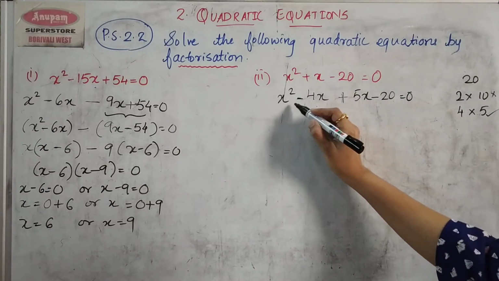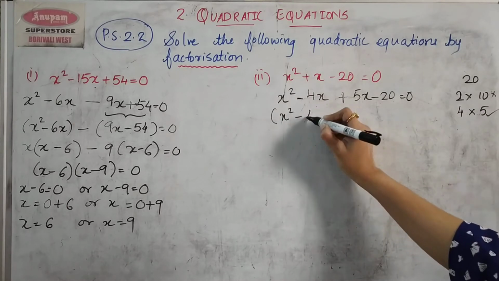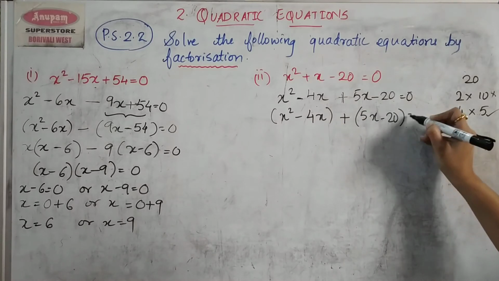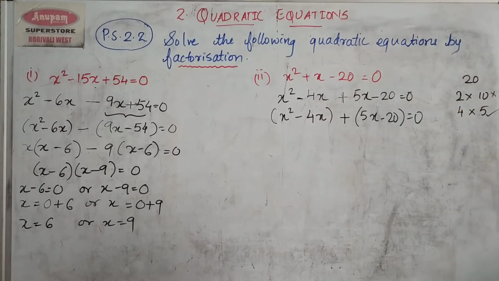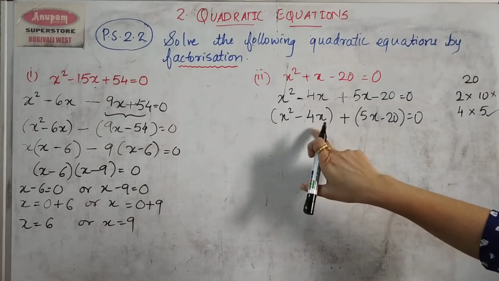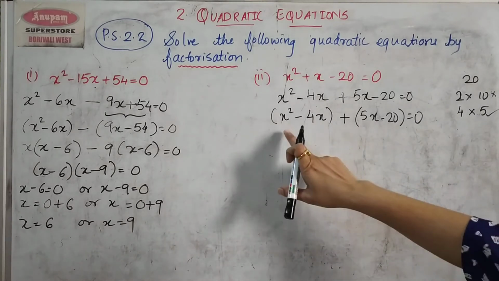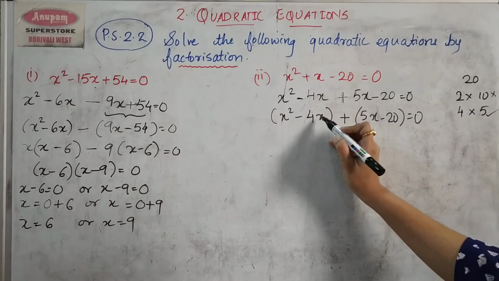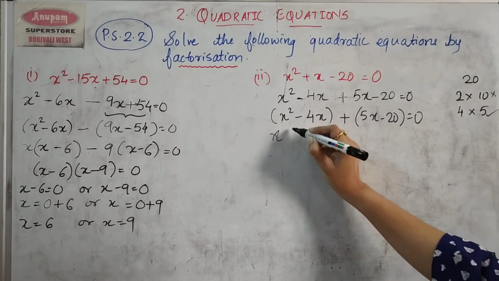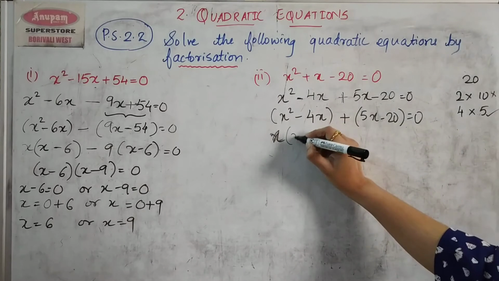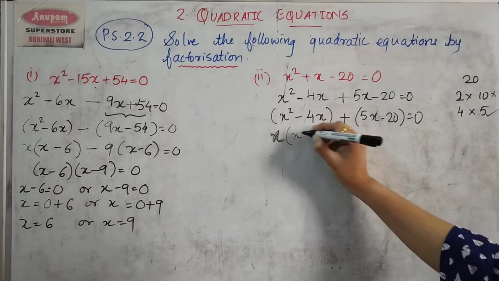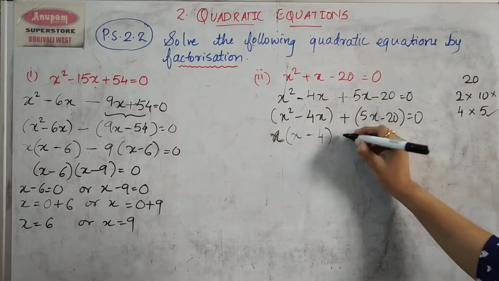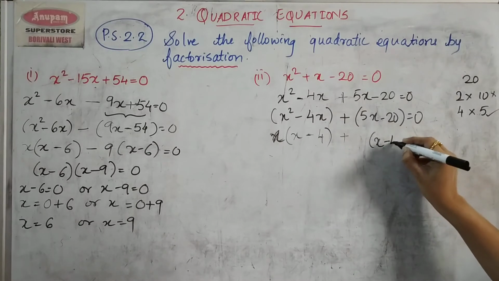Now, what we need to do here is to form two groups. So x square minus 4x is one group, plus 5x minus 20 is the other group. And now in the next step, take common variable. Since there is no number common here, we will take the variable common. There is x square and only x. So out of x square and x, we'll take the smaller part outside. So x square and x raised to 1, I'll take the x outside. So if x goes outside, inside we'll have only 1x, and minus, this x is already out, so I'm left with 4, plus copy this bracket here to make it easy.